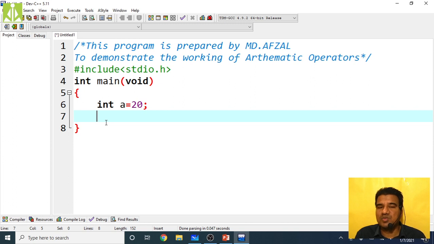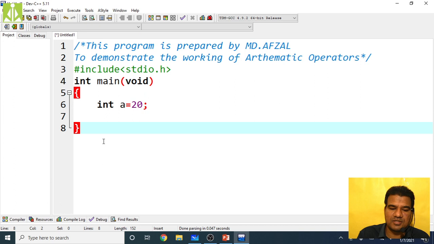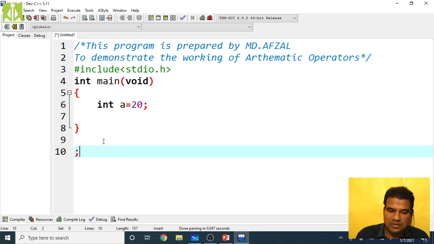Every statement you must terminate with a semicolon, this symbol. Here these symbols also we have to discuss. This type of symbol we call a semicolon.